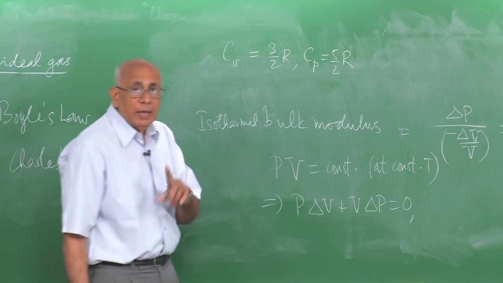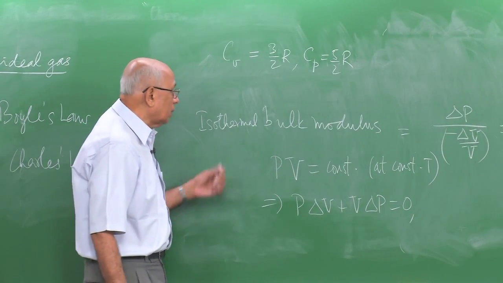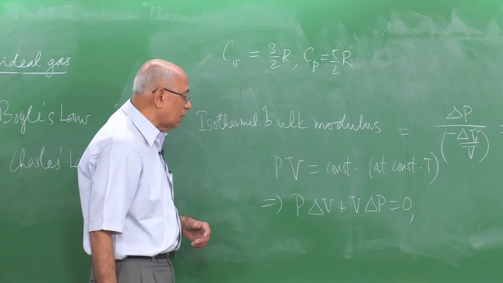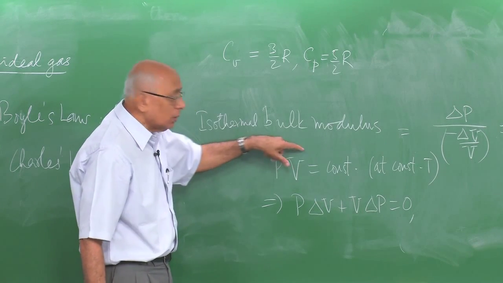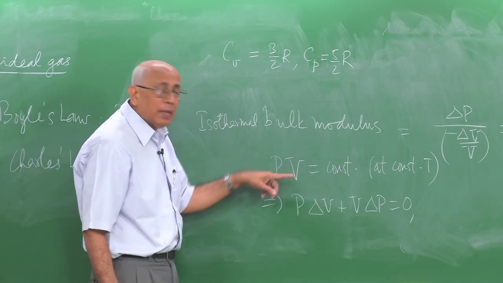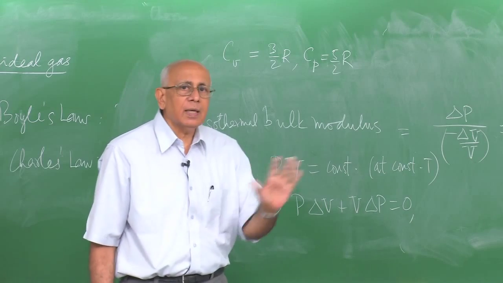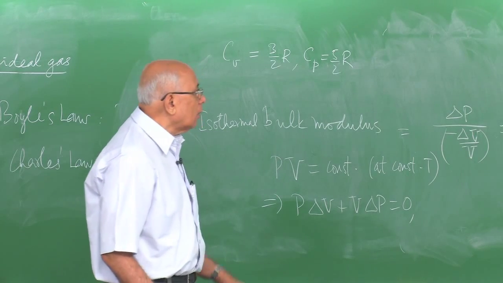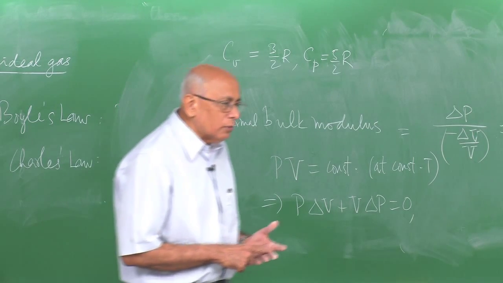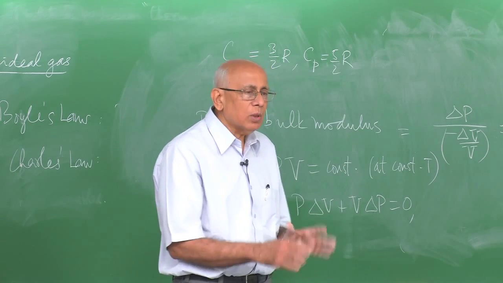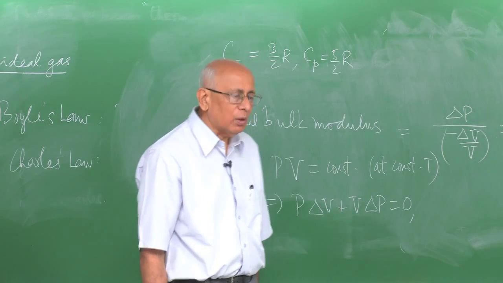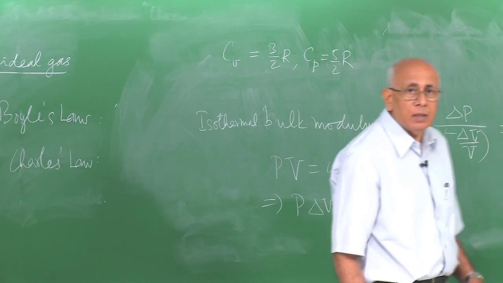The adiabatic compressibility, we have not talked about adiabats yet, is also easily found. What you need to use is PV to the gamma equal to constant. We will come back to this and look at the properties of the ideal gas when you look at processes other than isothermal processes here. I will also make a mention at that time of how you go beyond the ideal gas and what is the first kind of correction one would think of, and this is what Van der Waals did in his famous equation.